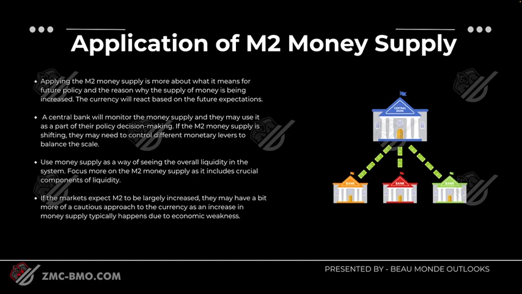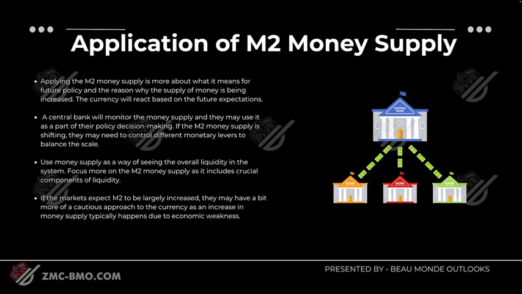A central bank will monitor the money supply, and they may use it as a part of their policy decision-making. If the M2 money supply is shifting, they may need to control the different monetary levers to balance the scale, like bond purchases that you've learned in monetary policy, interest rates, for example. Use money supply as a way of seeing the overall liquidity in the system. Focus more on M2 as it includes crucial components of liquidity. If markets expect M2 money supply to largely increase, they may have a bit more of a cautious approach on the currency